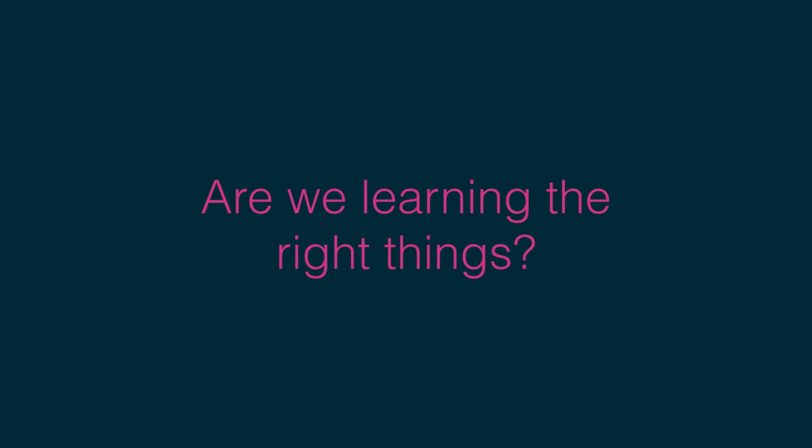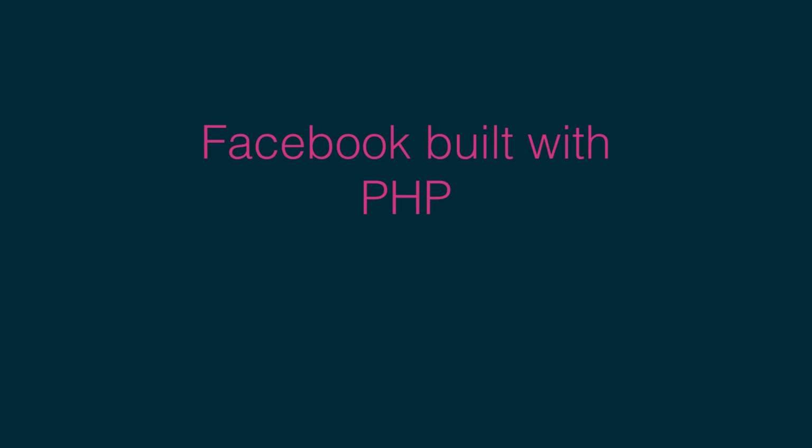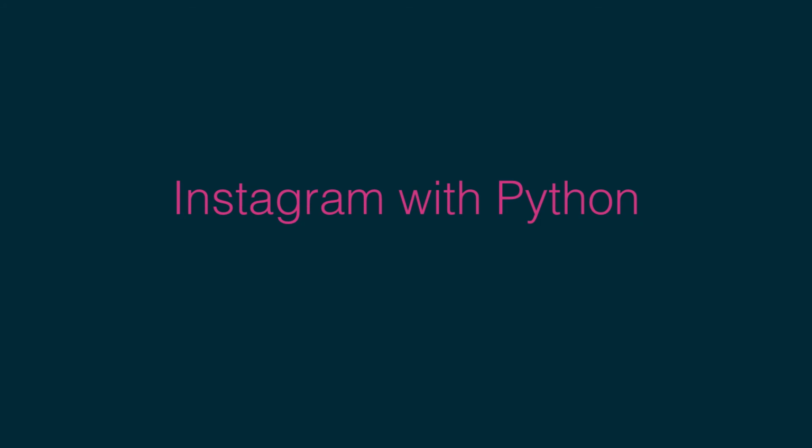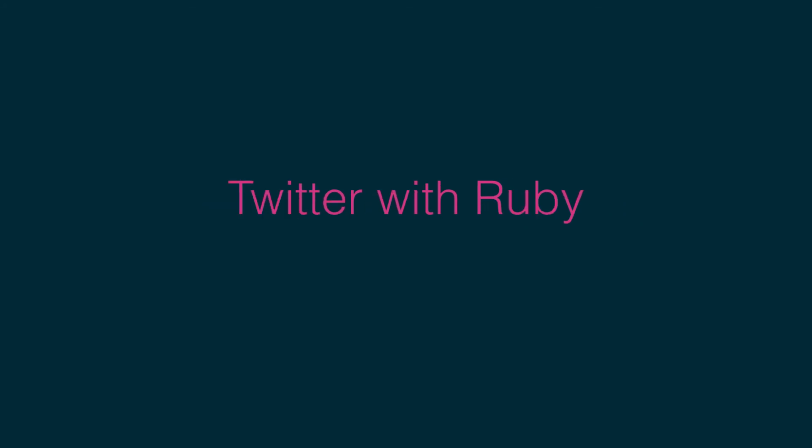And with that, my main thought around that is that Facebook was built with PHP, which is another language. Instagram was built with Python, which is another language. And Twitter was built with Ruby until they got really big, and then they basically rebuilt it with something else. The main point is that it's not the tools. It's just being able to create what you want to create. It's actually a really good problem to have to rewrite everything because you have 100 million users, and Ruby was really great when you had 10, but not 100 million. And some people would say that if you built it right the first time in Ruby, you could still be using Ruby. But anyway,